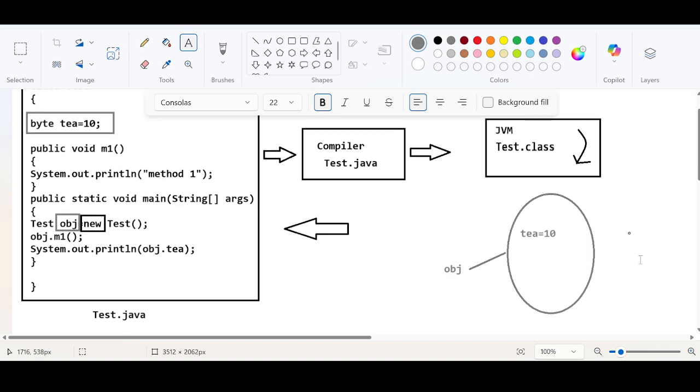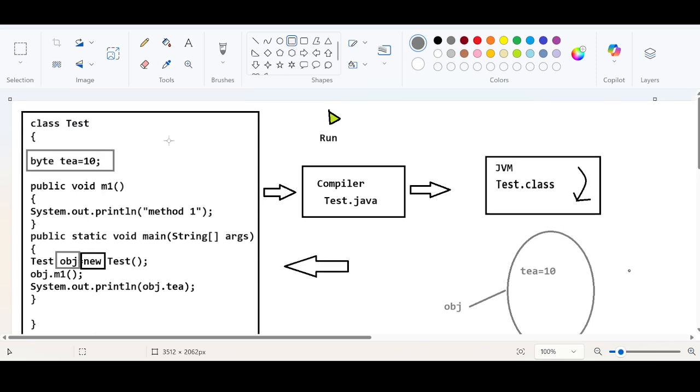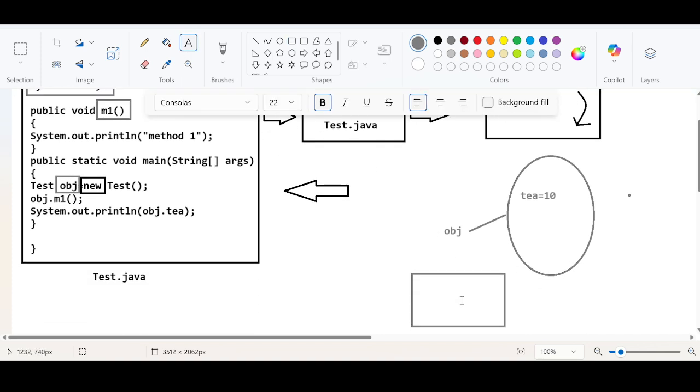This data will be copied. In another area, one more area will be there. This area is called the method area. This is going to memorize the methods. What is the name of the method that you have? How many methods are there? Only one. Apart from the main method, only one method is there. This is going to store